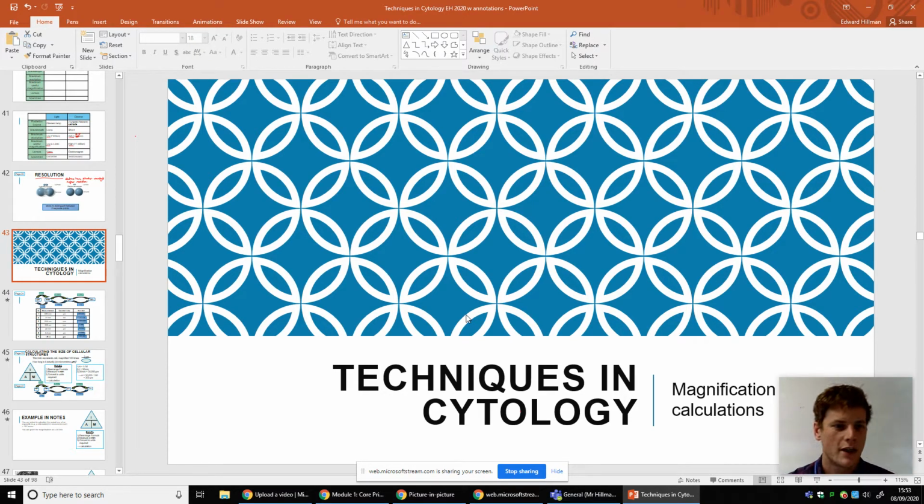Okay, so the last of the sort of lessons I'm going to do on techniques in cytology. These are some magnification calculations. Okay, if you have a look on